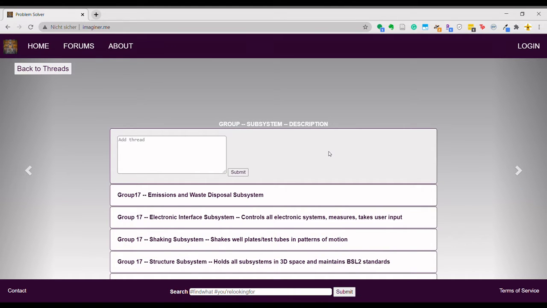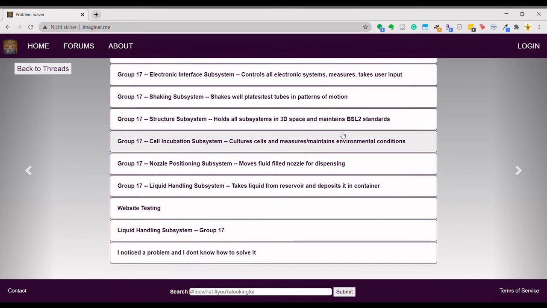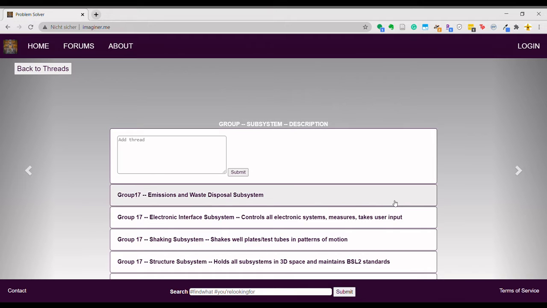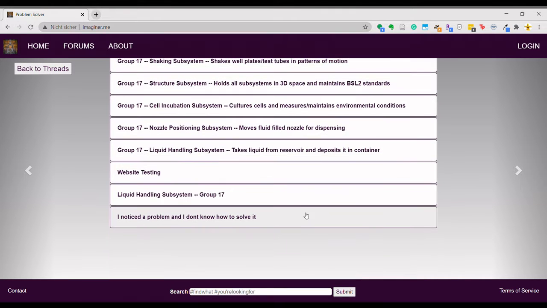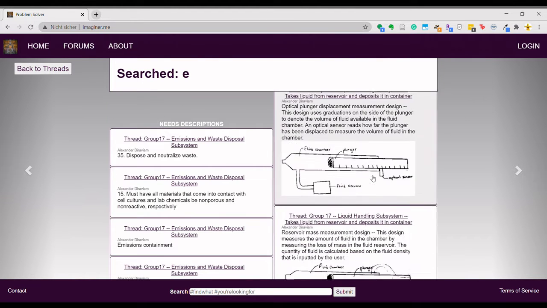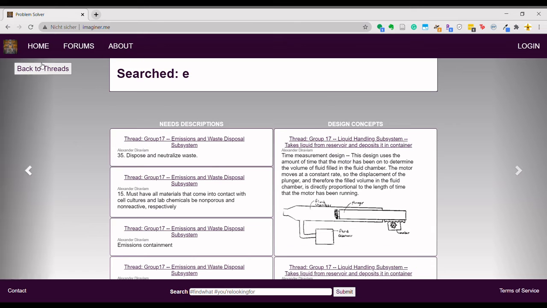ImaginerMe is a place for us to work specifically on our CDR and a number of other projects, but its larger goal is to be a design community. So what we're going to do for this class is spell out the subsystems for our project, and then we'll go in and actually articulate what the needs are, and in some cases what the designs that we have are. And there's also a search feature where we can just go through and see what other people have posted to give us ideas on how to improve our own,